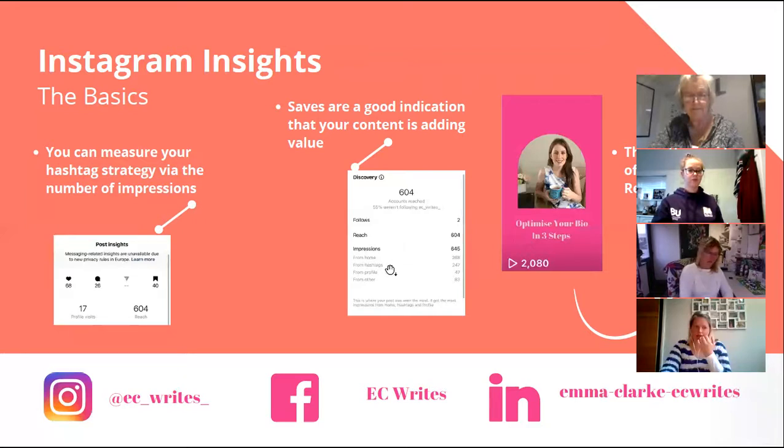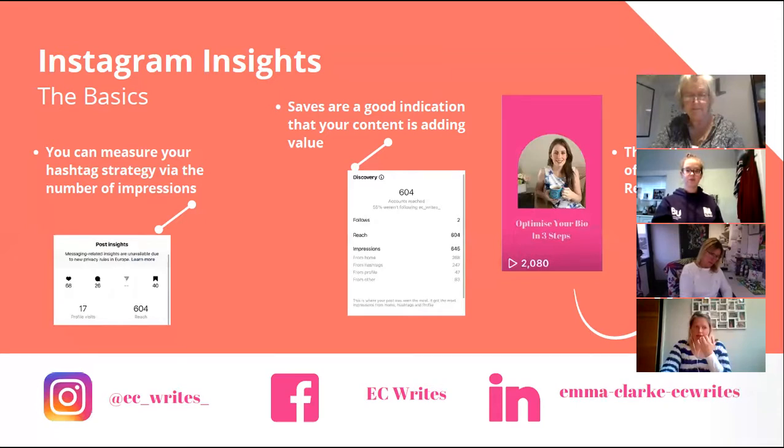Now, the one you want to be focusing on if you are really trying to strengthen your hashtag strategy is your hashtag impression. So obviously, the higher the number, the more impressions, which is a good thing. So what are hashtag impressions? They are the potential number of times someone could have seen your post under that particular hashtag. So the best way to describe this, if you imagine you put up a poster in a physical shop window, this number is referring to the number of people walking past your shop, and they may or may not stop and look at that poster and engage in it.